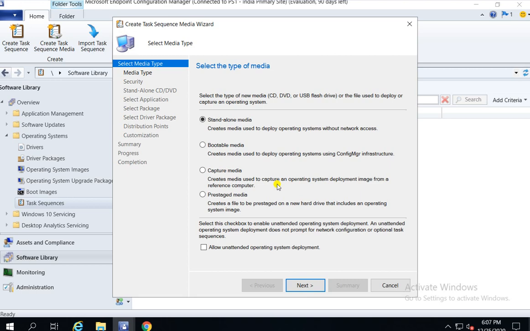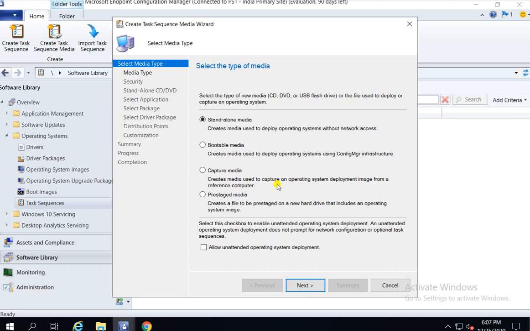Now let's see the bootable media. Bootable media is created when we are deploying the operating system through the SCCM infrastructure. When we create a bootable image, it will be pushed to SCCM, and from there you can start capturing the image.